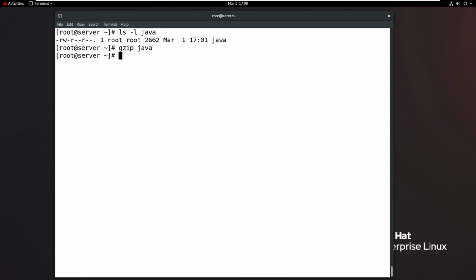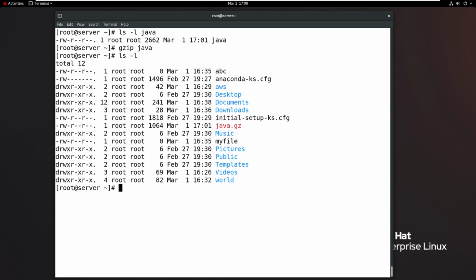Enter. The file is successfully compressed. How to verify that? If I write ls -l, the file name is Java.gz. So by default the extension is .gz if you compress any file with gzip. But what is the size now? 1064, but the original size is 2662. So after compressing, the file size is 1064.